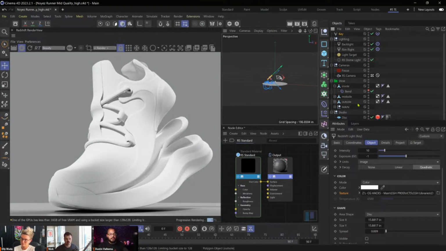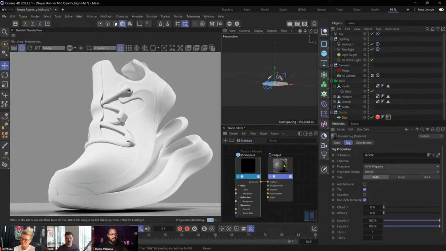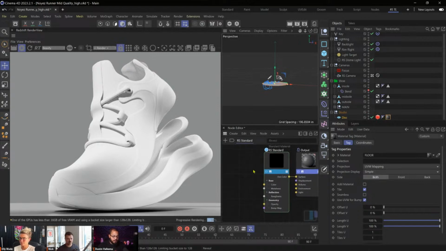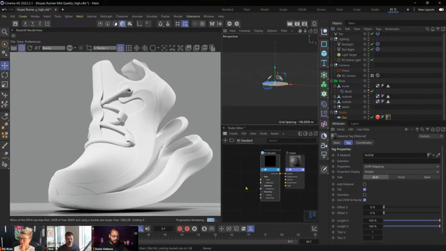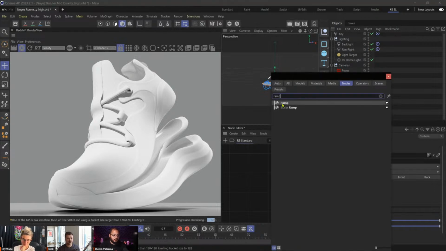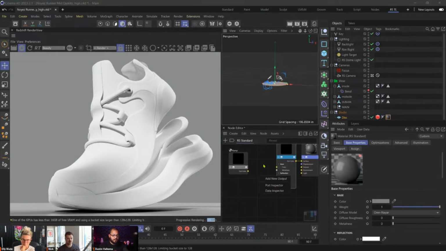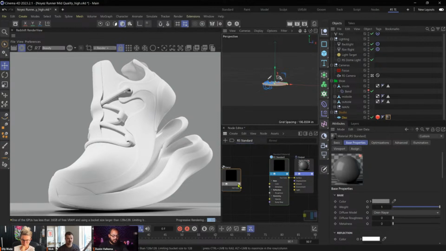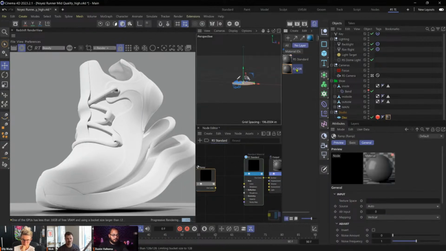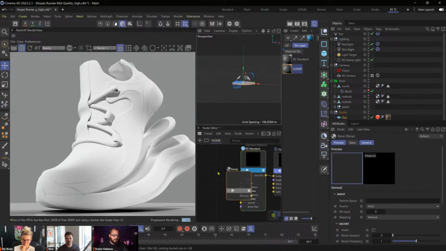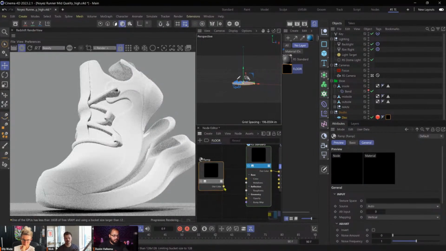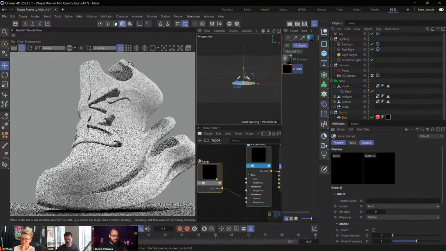So one thing that we can talk about here: I don't have a gradient set up for the floor yet, and I do like to set up the gradient at times. We can do that very quickly. We can throw in our ramp node, and we'll plug this in. Is this my floor? This is not my floor. Let me copy that. There we go. So into the floor material, I'm going to copy a ramp node, place that in the opacity,